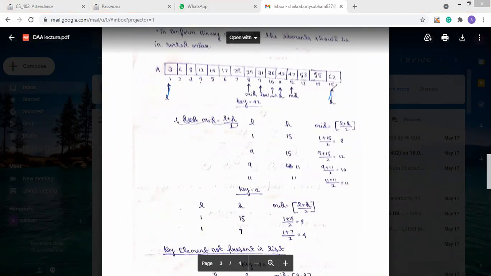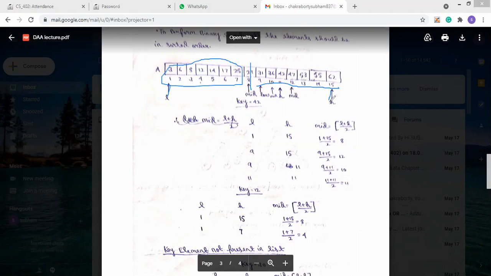So what will be the mid? 1 plus 15 by 2, that means 8. So this will be the mid. Now we are searching for the value 12. 12 is less than 29, so there is no need to check these portions, because the value 12 will be present on the left side of the mid. So in this portion, the 12 value will be present.